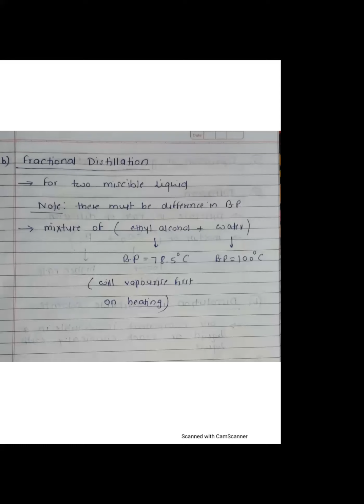Rajeev: Sir, what is the meaning of miscible liquid? Miscible, beta, means liquids that mix, like when you mix alcohol and water. Then you will not see any difference. When you mix oil and water, what do you see? Sir, oil will float on water. Yes, but if alcohol and water get mixed, there will be no difference in the physical state. Okay, sir.